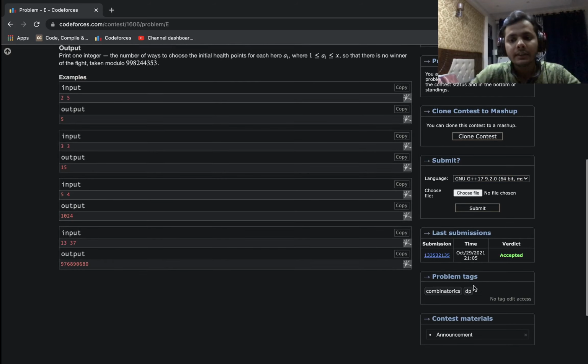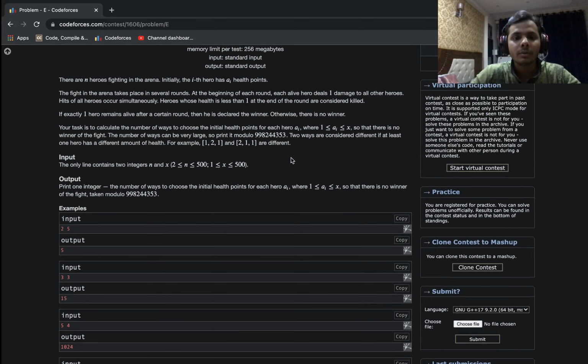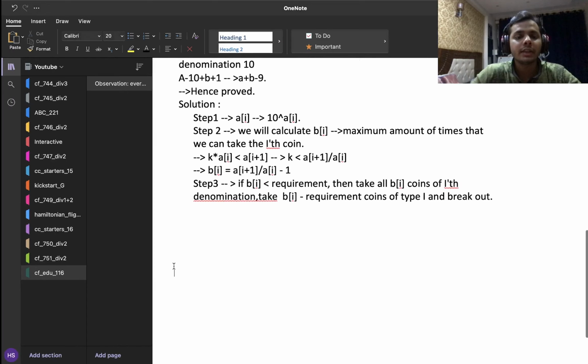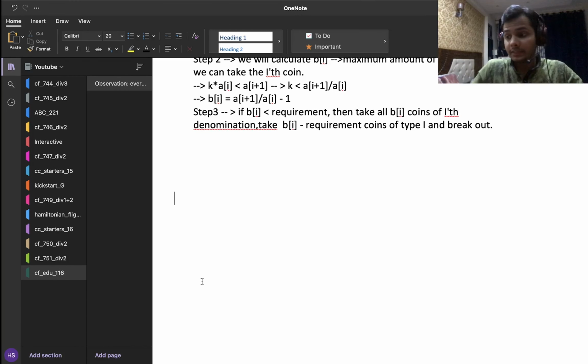And as you can see here, the tag is DP, and we are going to use DP to solve this problem. That was quite clear to me from the beginning, just looking at the constraints. The constraints were pretty low, which allowed for an O of n cube solution. So the first thought about this problem is always DP, and in problems like this, it is always DP. So yeah, we are going to solve this problem using DP, that is for sure. But to do that, we are going to make some observations again, and let's just begin with it.